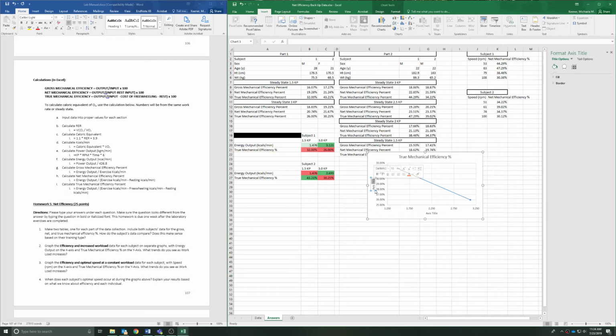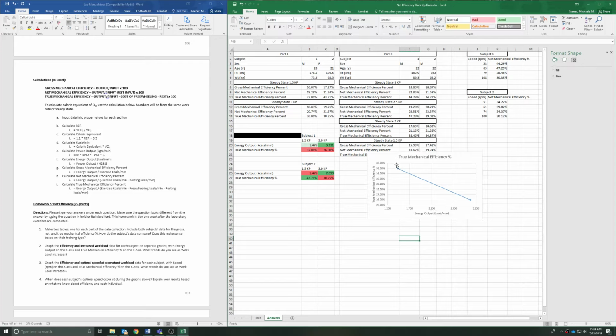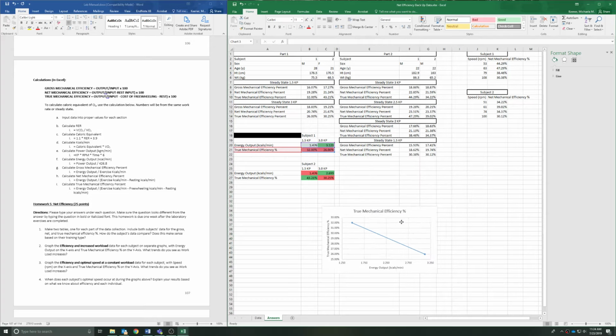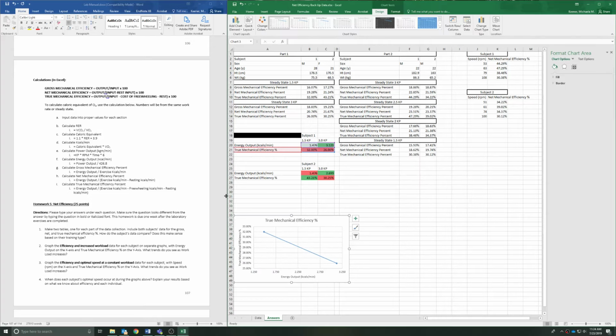because this is going to be our true mechanical and this is our energy output. So we don't know which workloads, so you either need to go in and insert a little text box that lets us know this is at 1.5 kp and this is at 3, or you need to include it in your figure description. So then you do the same thing for the other individual, and then we need to graph